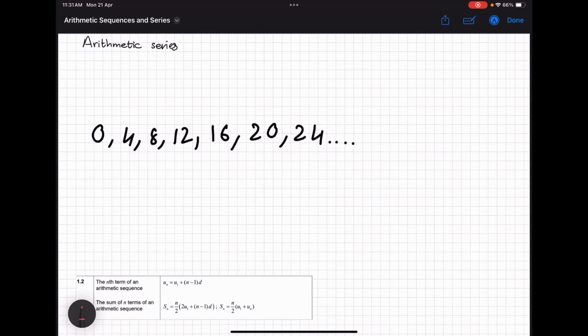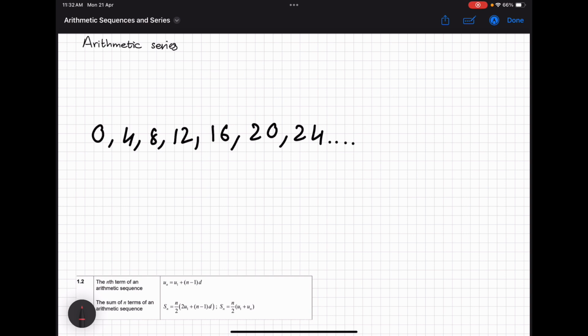Hi guys, today we're going to be doing arithmetic series for IB HLAA maths. So arithmetic series is one of the types of series we'll be doing in HLAA. A series essentially is just an ordered arrangement of numbers which has a specific pattern to it. Specifically for an arithmetic series, terms in the series, which just refers to the numbers, each number is its